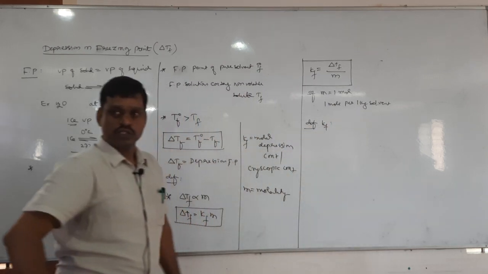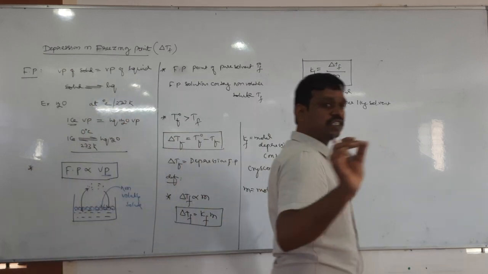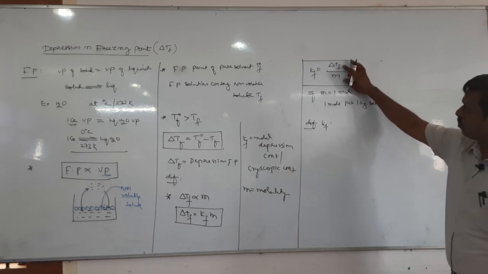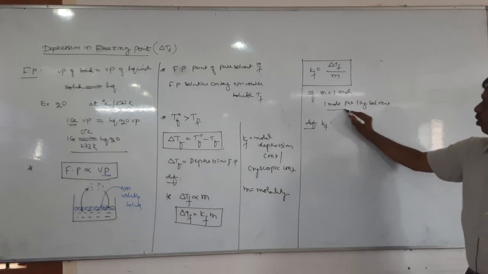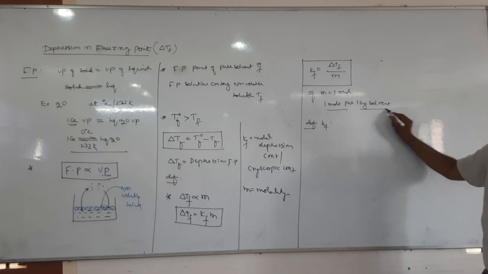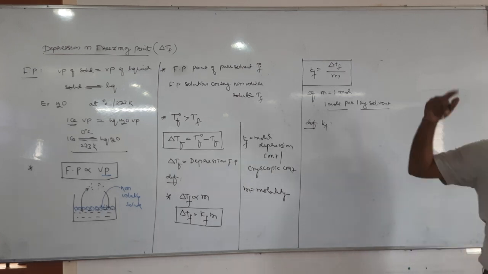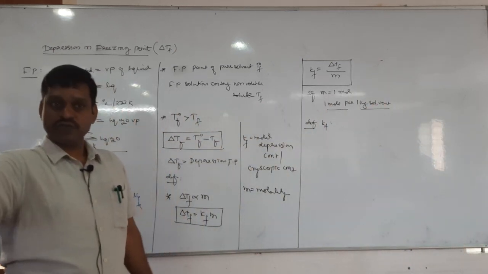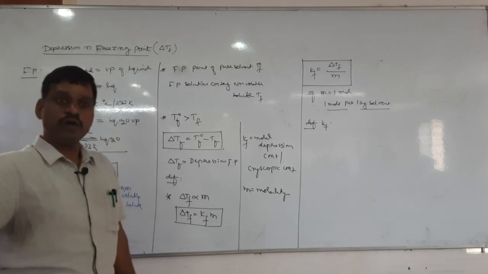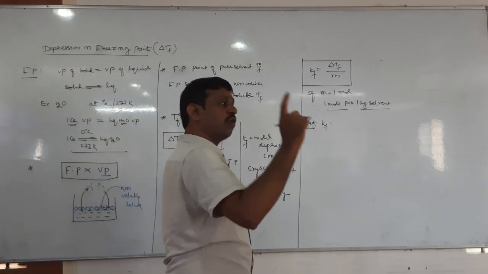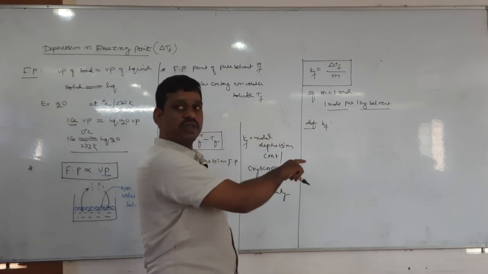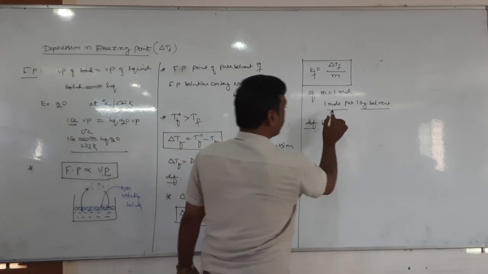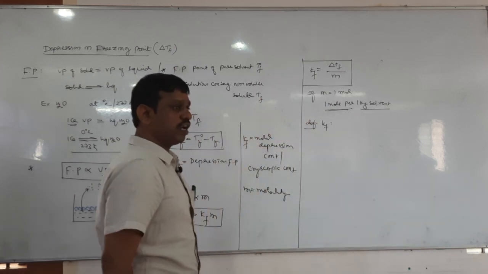Okay, so now the definition of Kf. How do you define Kf? Kf is nothing but the depression in freezing point, no? Kf is equal to the depression in freezing point produced when 1 mole of solute is present in 1 kilogram of solvent. So what is Kb? What you have studied as Kb is the elevation in boiling point produced when 1 mole of solute is present in 1 kilogram of solvent. Here also it is the same, but the difference is that the depression in freezing point is produced when 1 mole of solute is present in 1 kilogram of solvent.